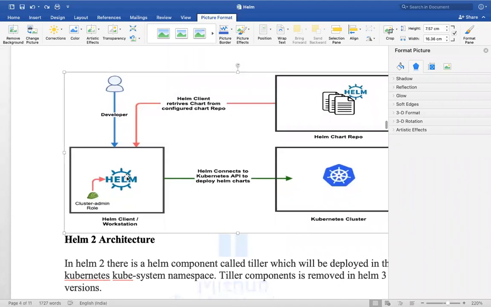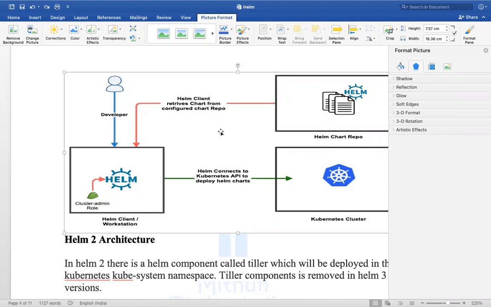So this is Helm 3 architecture. You have a Helm client, CLI, you have a Helm repository, you have a Kubernetes cluster. So Helm will connect to the Kubernetes cluster. But what information will Helm use? What is required in this client machine? Internally, how does Helm software know to which Kubernetes cluster it has to connect when we are executing Helm commands?